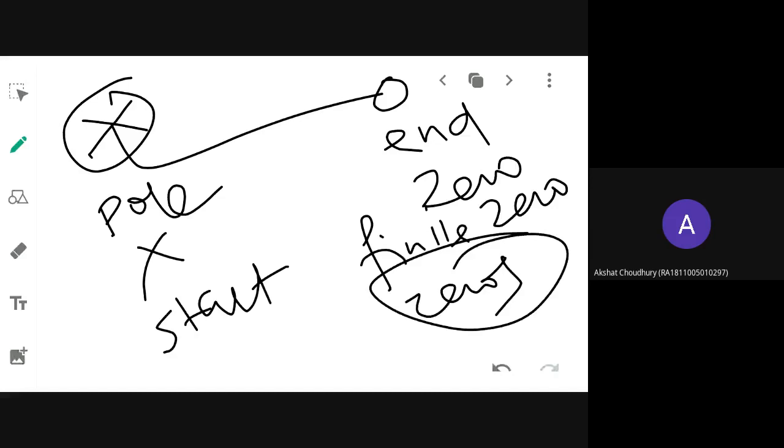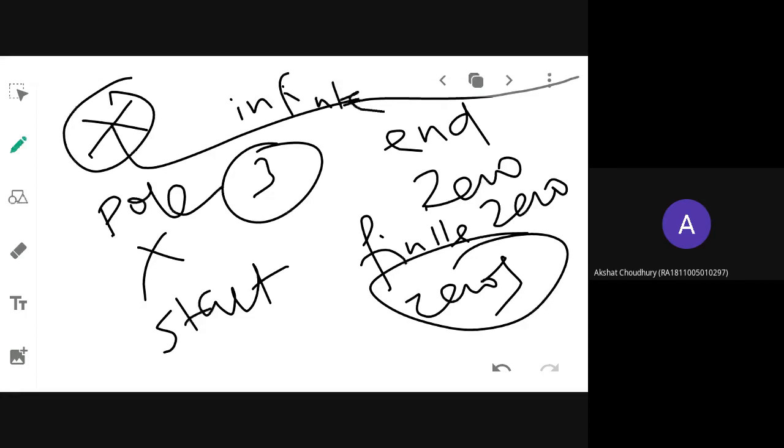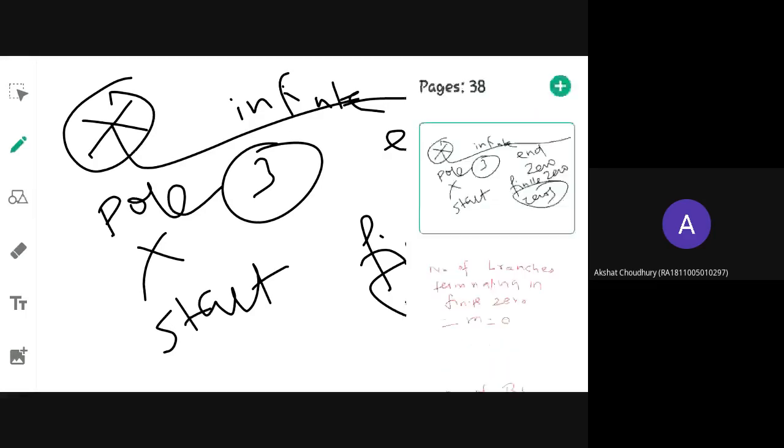So all the root locus branches, all the 3 root locus branches will be terminating at an infinite zero. It will go on continuously. We don't know where it is going to terminate. So this is how it will be terminating at an infinite zero. Alright. If you want to learn how many root locus branches will be terminating at a finite zero and how many at an infinite zero, that will be given by this one.